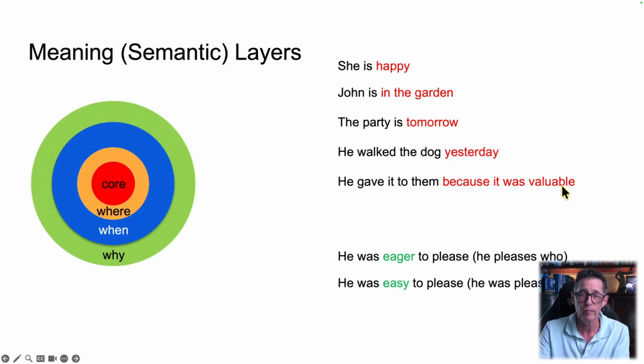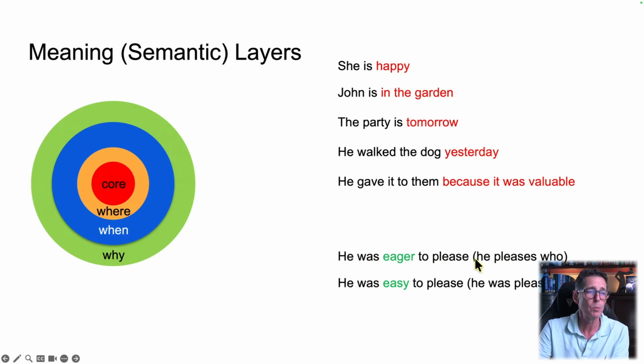I don't know why, but that's a valid English sentence and it's got meaning, and you can now start to tell the story by using that. Now, I'm not going to cover these in any detail today, but there's another concept that Role and Reference Grammar noted from the vast amount of research on the topic, but RRG has taken it and embedded it as part of the overall theory. And you'll see at the very end of this presentation just how complicated it became and how thoroughly analyzed it's been to date.